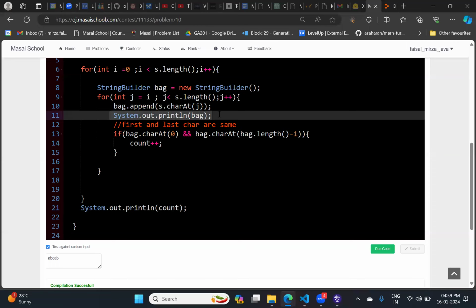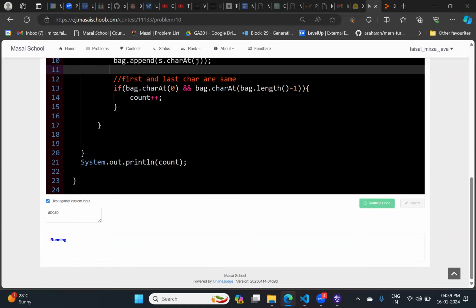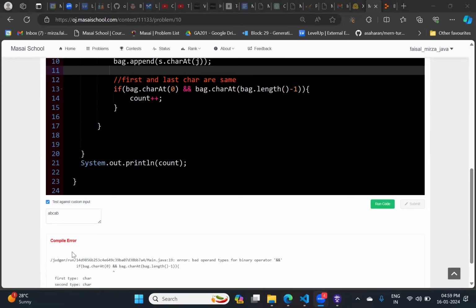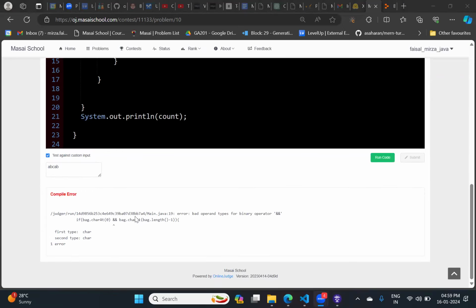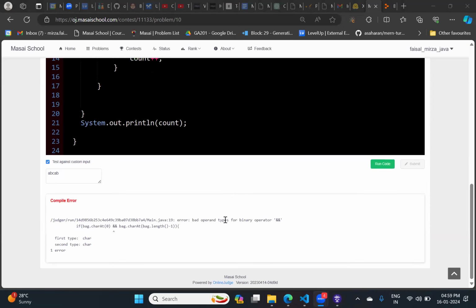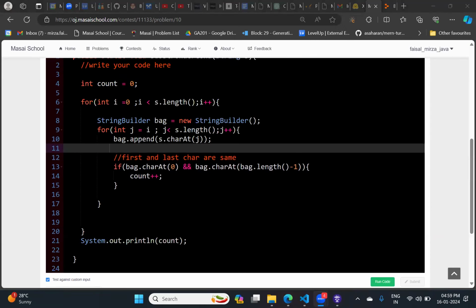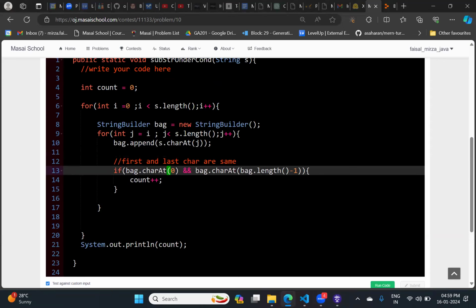I'm just running it and first printing the output. So see the error. It's showing sb dot. First and last character have to be the same, right?